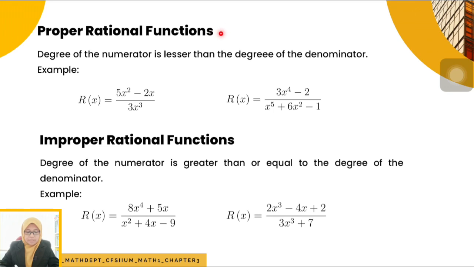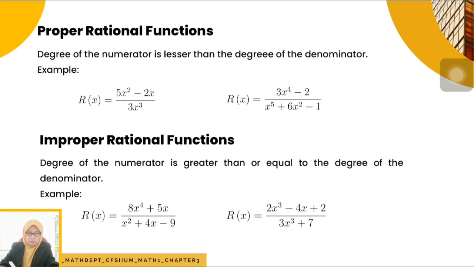And rational functions are divided into two types, which are proper rational functions and improper rational functions. A proper rational function is when the degree of the numerator is less than the degree of the denominator. For example, (5x squared minus 2x) divided by 3x cubed. And another example of a proper rational function, we have here (3x to the power of 4 minus 2) divided by x to the power